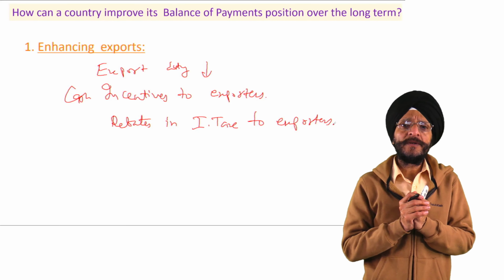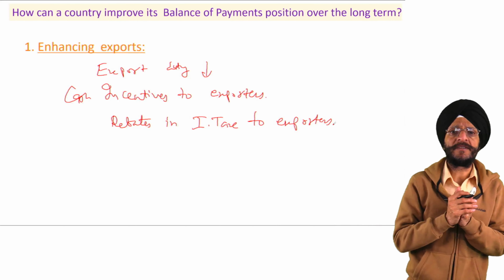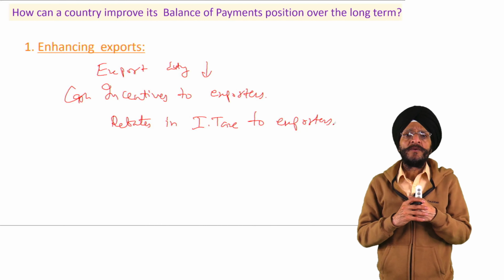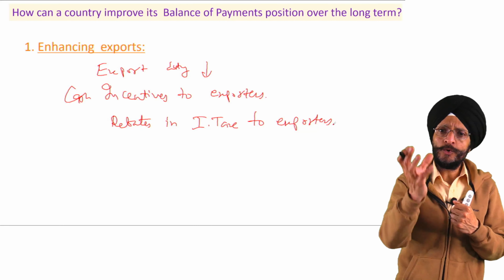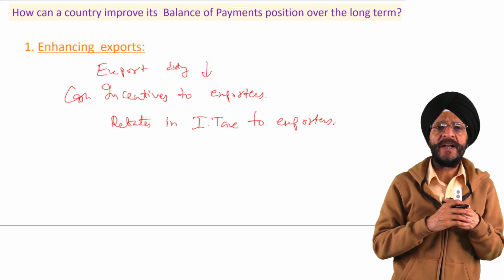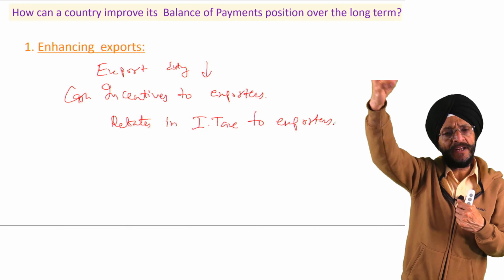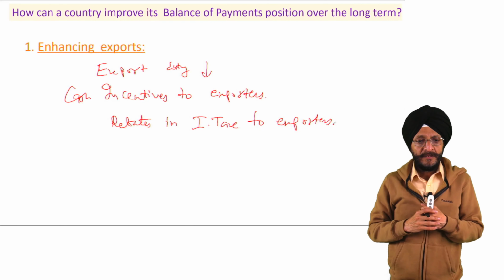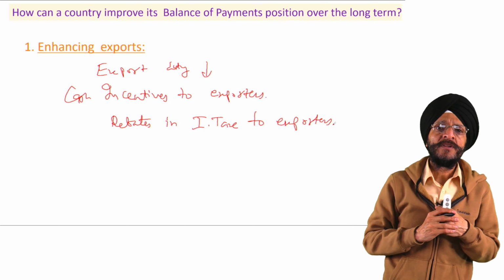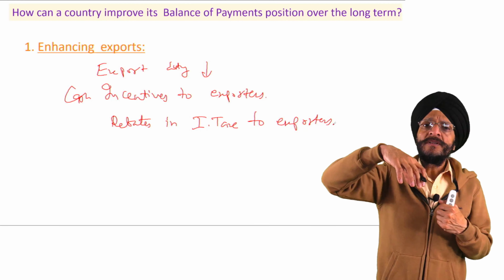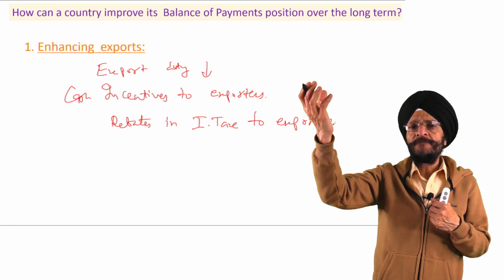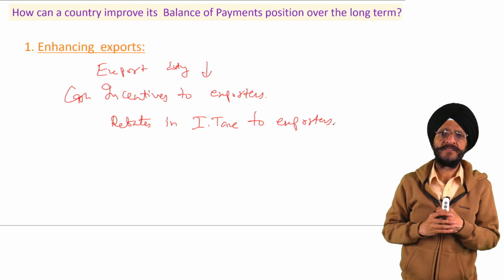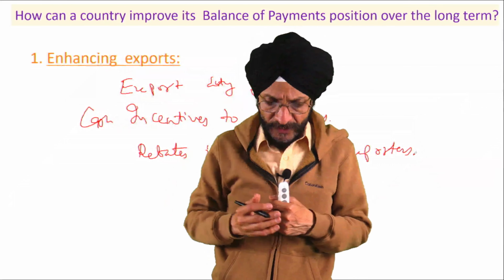We should also make investment in research and development and technology, so that we are in a position to produce quality goods and services, and they have good recognition in the export market, and so that our exports increase. To enhance exports, we can also find some more countries where we can send our goods and services. That is where we can export our goods and services.